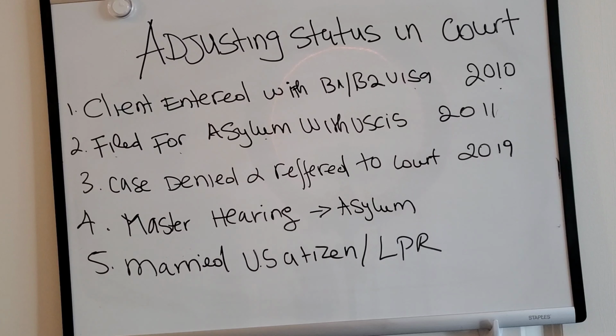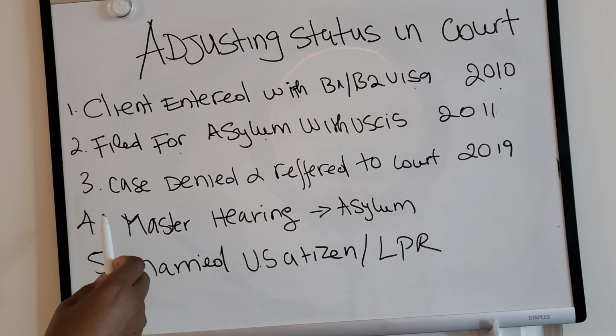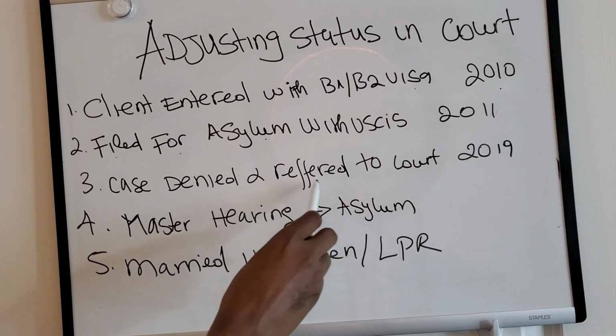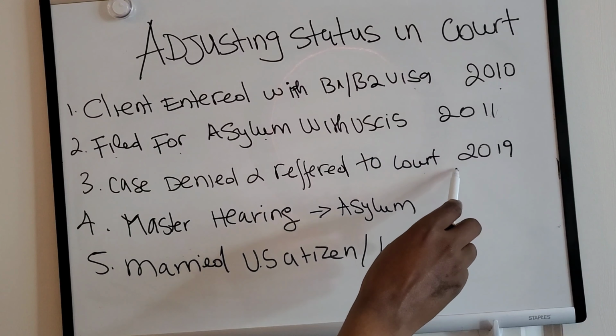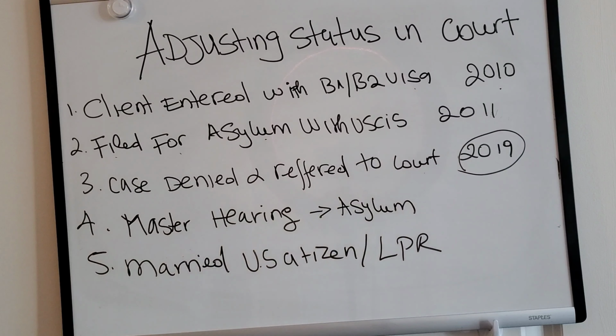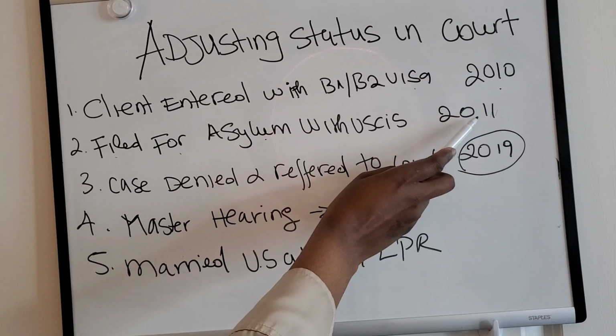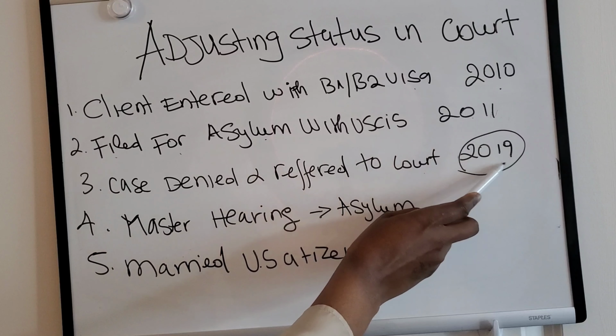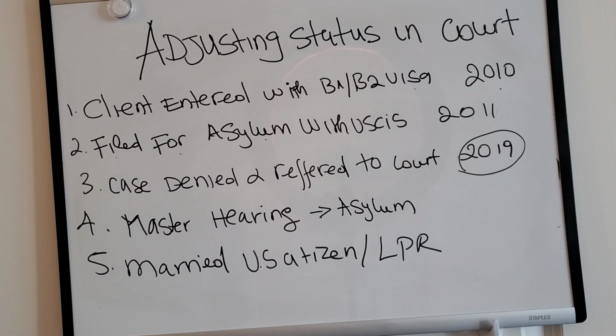The evidence presented and the story contradict itself, so the case gets denied. Once the case gets denied, it gets referred to court in 2019. Look at the time: 2010, 2011, 2019, almost 8 years later, because that's how long it takes nowadays to